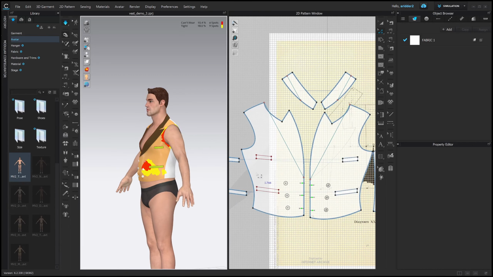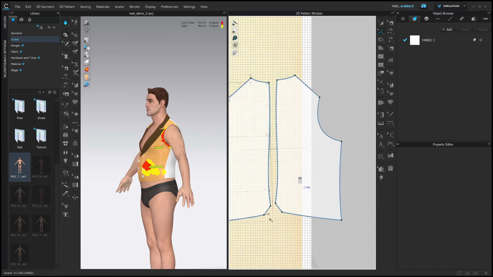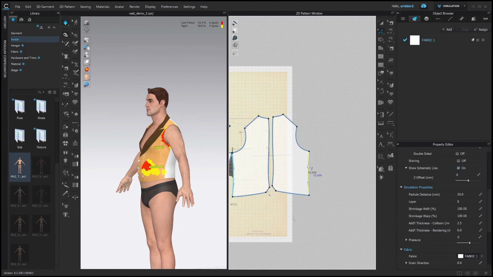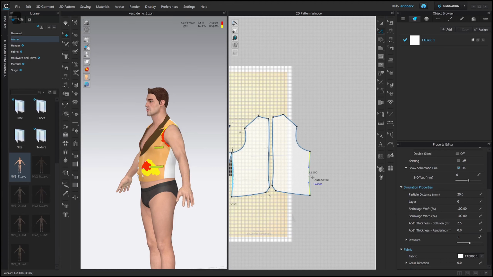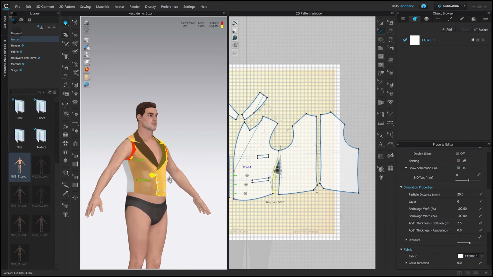I'm going to start actually by moving over my side seams. So anything that I edit to one side of the pattern, the other side of the pattern is going to be edited. I'm going to just click, and I'm going to use my arrow keys to just move it over. It moves over, I think, a 1/4 inch every time. We'll do that 2 times there, and I'll move this one over 2 times as well. All right, and now I'm going to press space to simulate again,